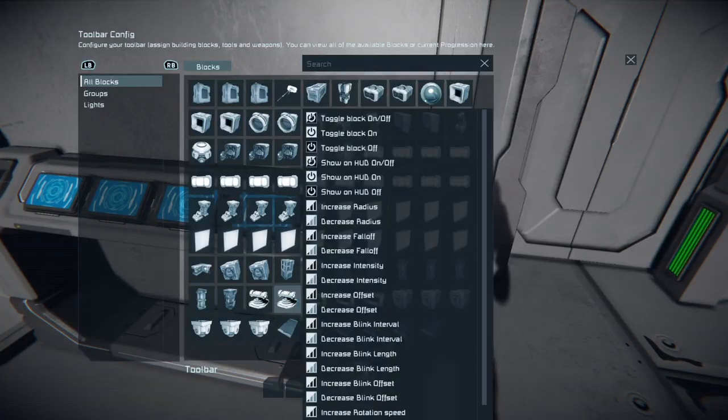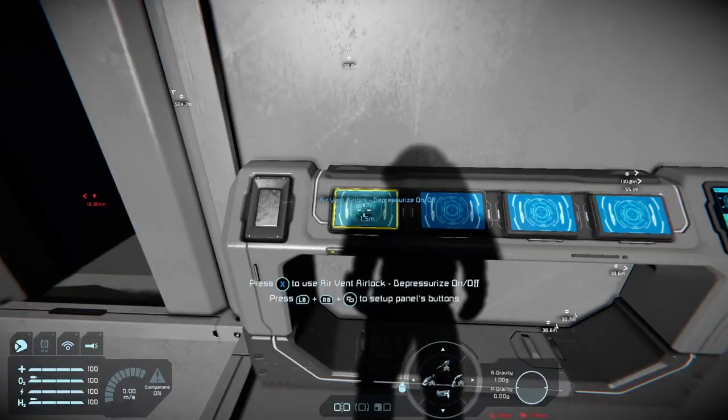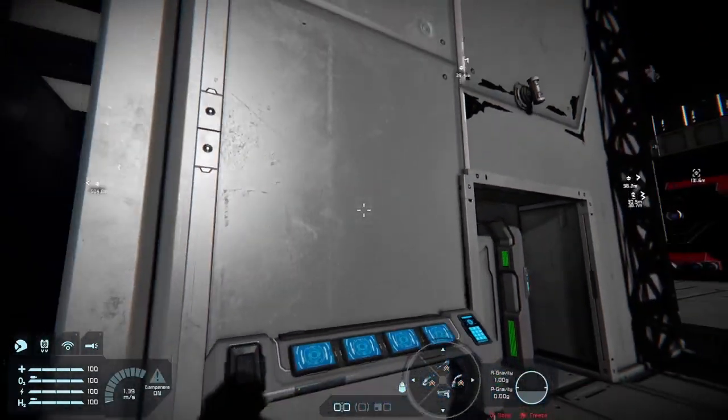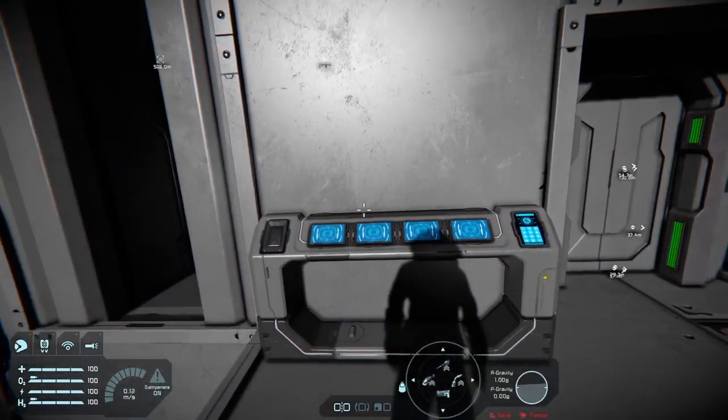And we want that off when the room is pressurized and on when it's depressurized. As I said before, it may not trigger properly. Oh, there's its pressurization status.